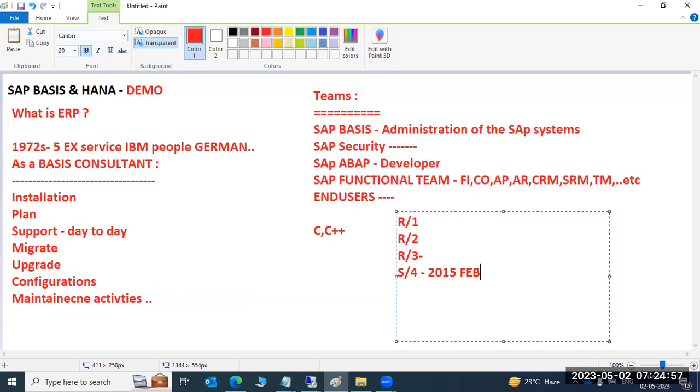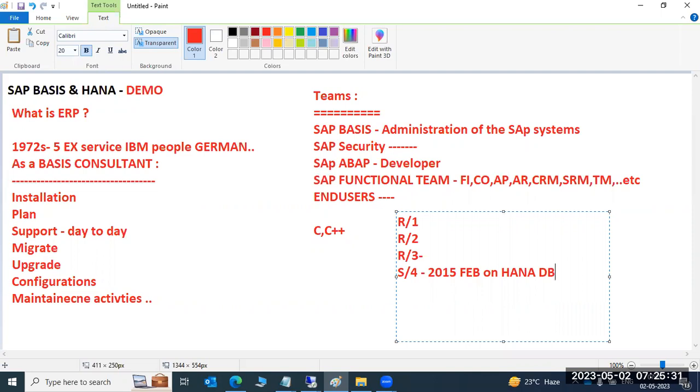Which means it runs dedicatedly only on HANA DB. So what is meant by HANA DB? That we will discuss, not a problem, don't worry. It is derived from R3 only, and it is an ERP product. It's also one of the ERP products derived from R3. R3 is a type of ERP, enterprise resource planning. Under this, we have all these versions and everything comes into the picture.